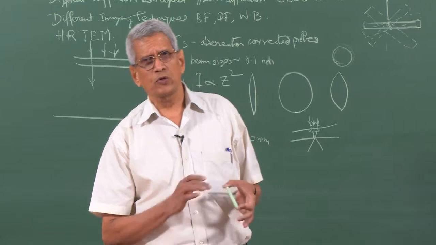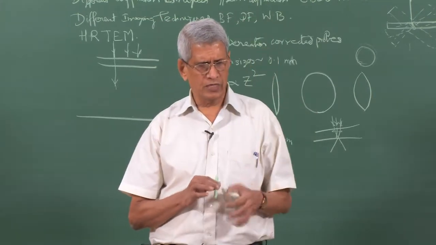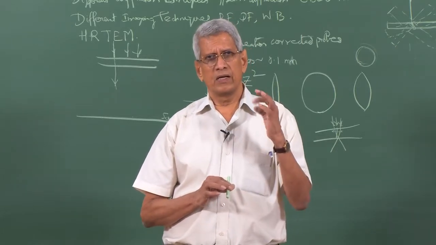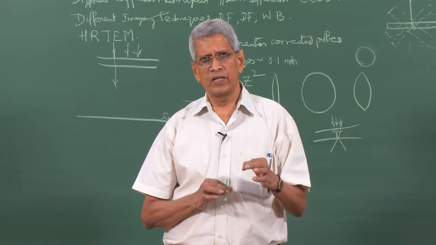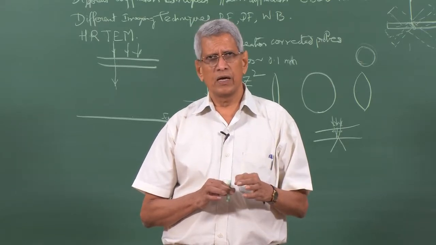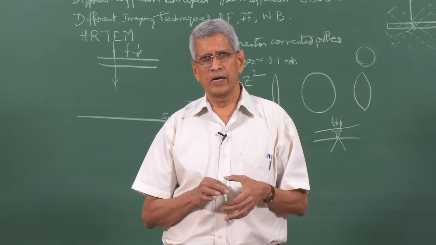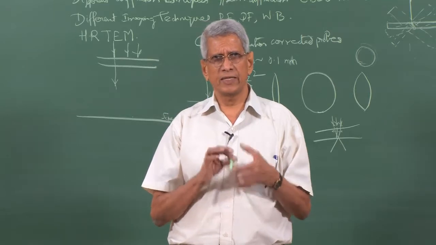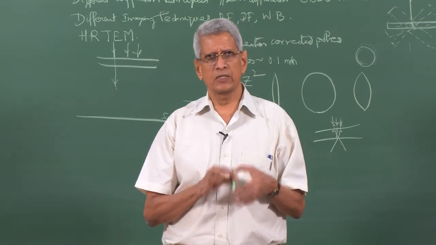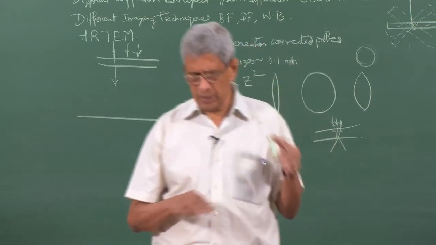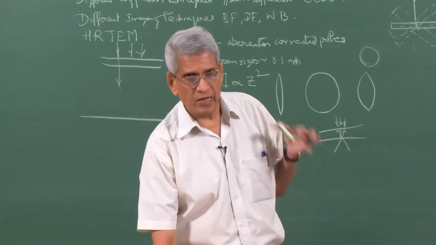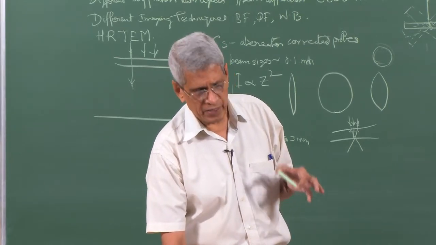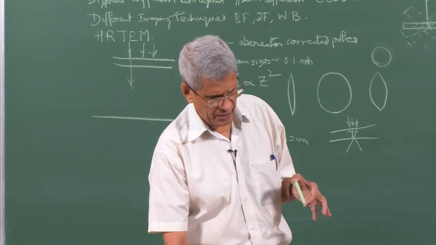But to use this technique on a microscope, the first thing we require is that the wavelength of the radiation should be some value for the microscope. But what is essentially important is that the energy spread should be as little as possible, then only we can get a reliable interference pattern. That means a field emission gun with a filter, if we use it, we can reduce the effect of chromatic aberration in that microscope.